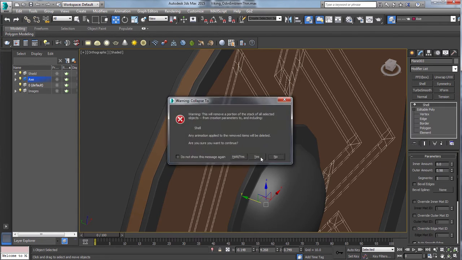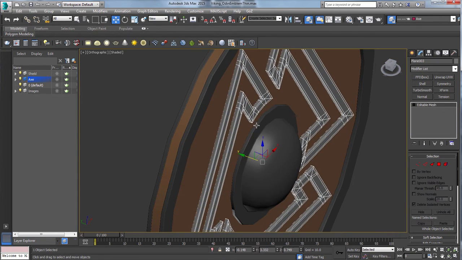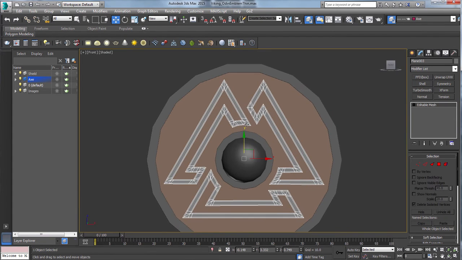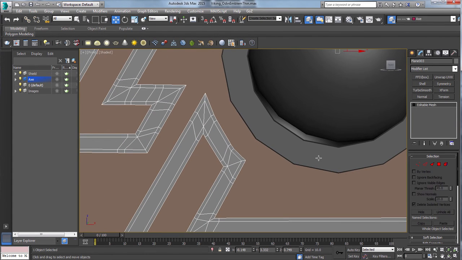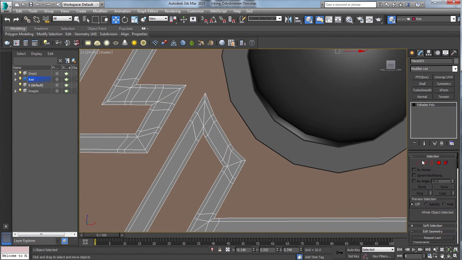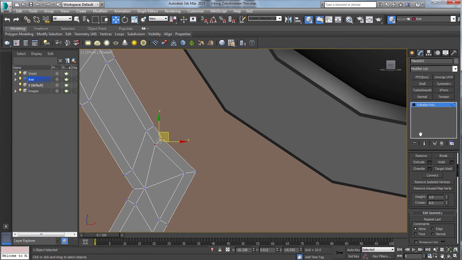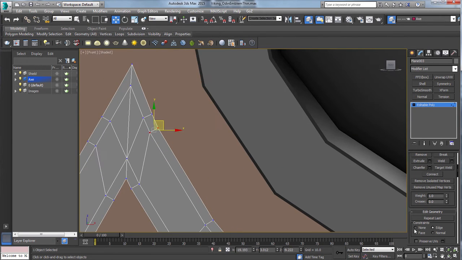And I know what the shell is doing. If it was a wireframe, you'd see it, but it was going to the interior. Move that towards the top of the wood there. And switch this to editable poly mode, and then I'll just kind of move this around a bit